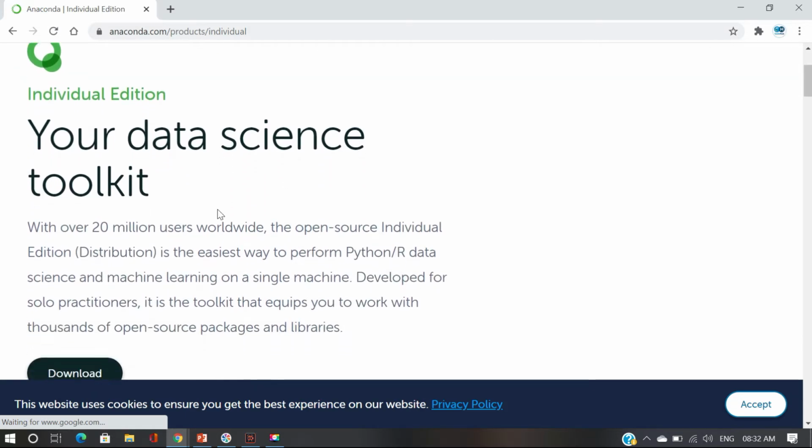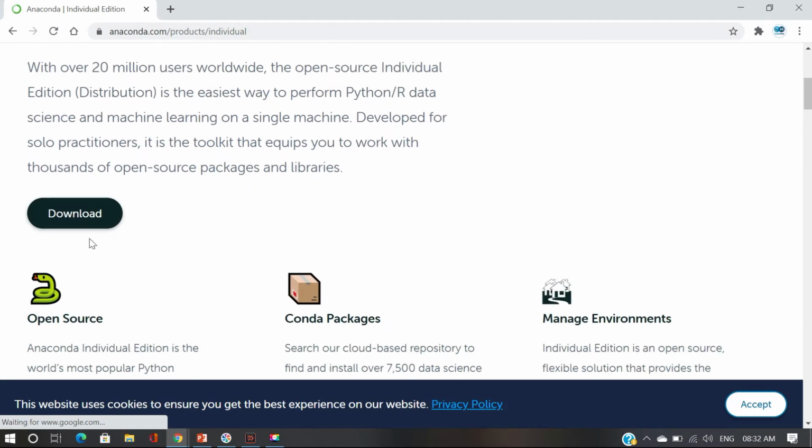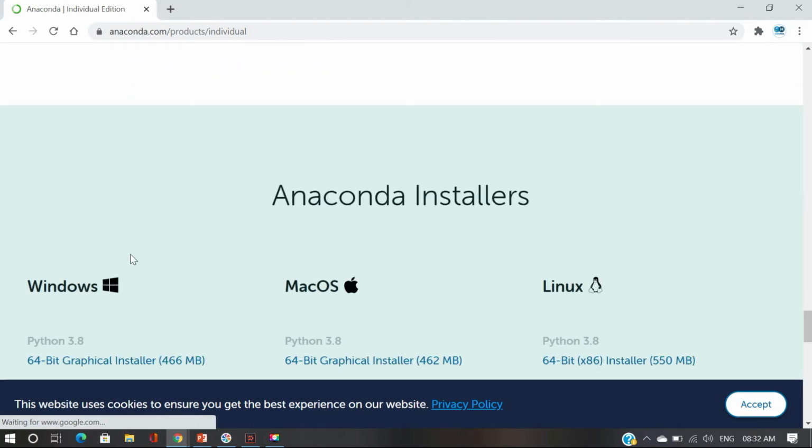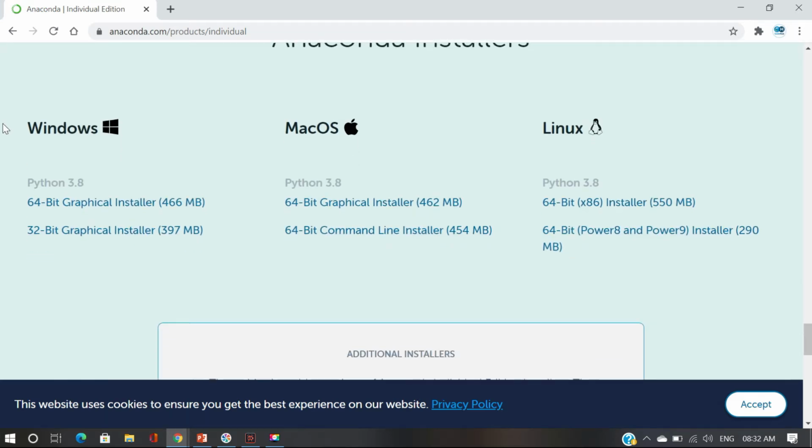And go down here, we can see the download icon. Just click this. It's going to download, and here we can pick different operating systems like Windows, Mac, Linux. I need the 64-bit graphical installer. This content is 466 MB. Just click this.